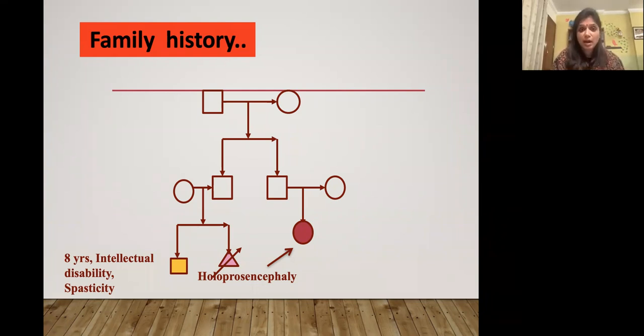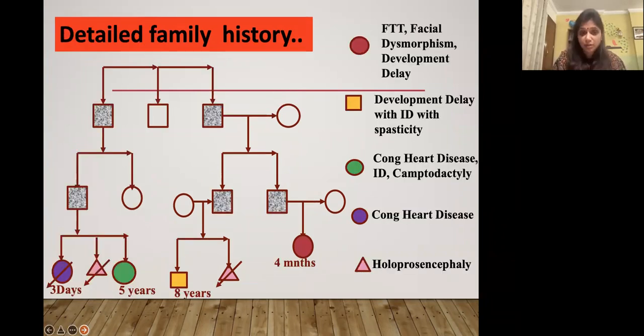Suspicion increases now with this family history coming in. Now we always take a 3-generation family history. And of course, in this case, it was all the more important as we were getting some positive family history. And as we went up in the generation, we found that